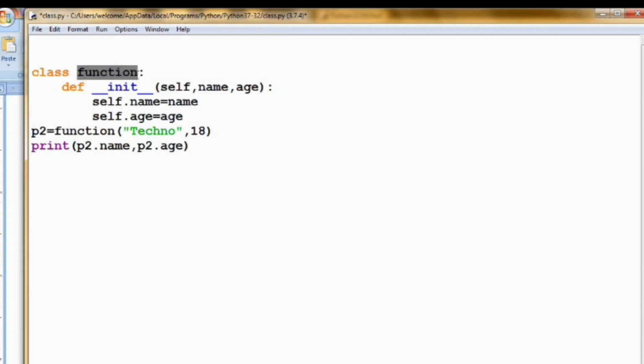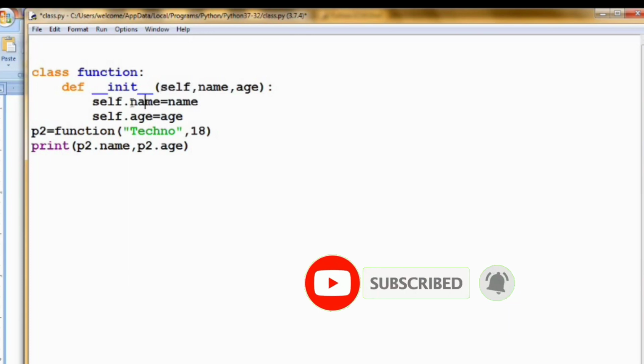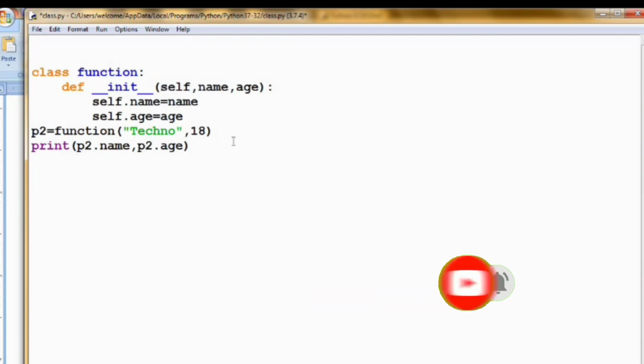But while defining a class and defining the function inside the class, here we have defined the init function inside the class, we need to use the first argument as self. It does not have to be named self. You can call it whatever you like, but it has to be the first parameter of any function in the class. And after assigning self, I have to assign here self dot the particular name. Here the name might be name1 and age1. This does not have to be the name of the argument that you have assigned before. Here self.name1 means you are creating a variable, and here you have to access name1 and age1.